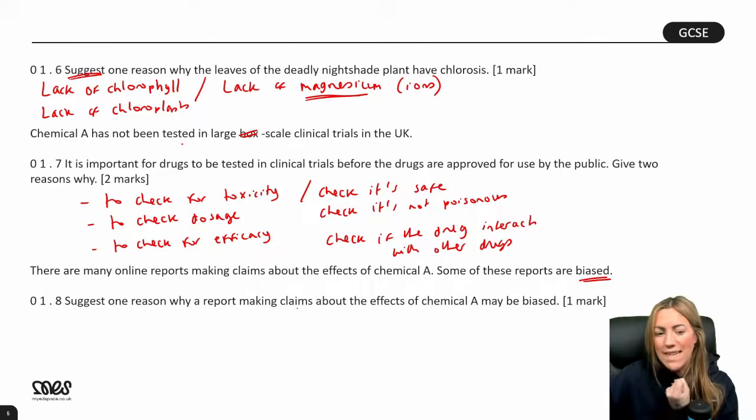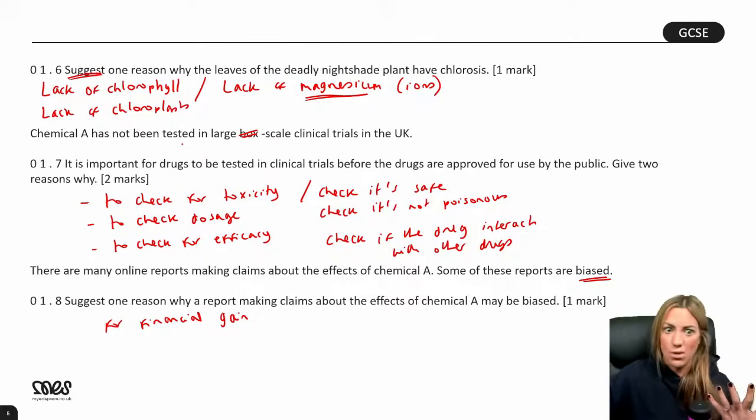Why would someone want to influence the results and the report making claims about chemical A? So things like for financial gain. So whoever is making this drug could stand to make money, right, from selling the drug. So they might be making claims that it works more successfully than it does, for example, for financial gain. Or so competitors, maybe there are rival companies making alternative drugs,